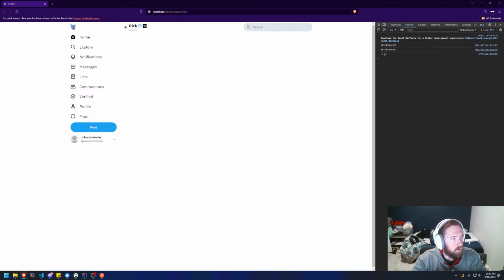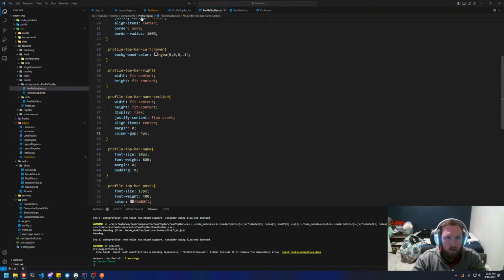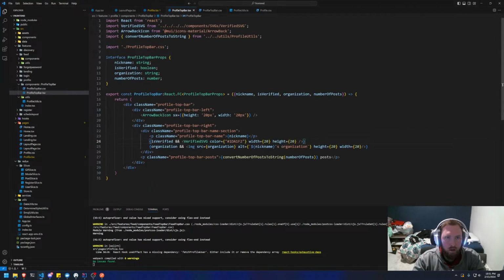I'm gonna look at Material UI really quick to see if there's like a verified. There is a verified. Let me grab this verified because I like this one better. The only issue is that the inside is black, so that'll be interesting. Let's go back to profile top bar, and instead of using verified SVG, we'll use verified icon, and we need